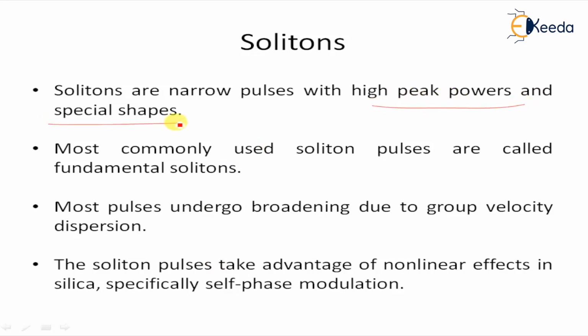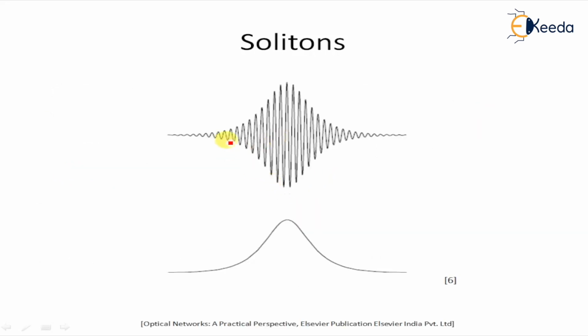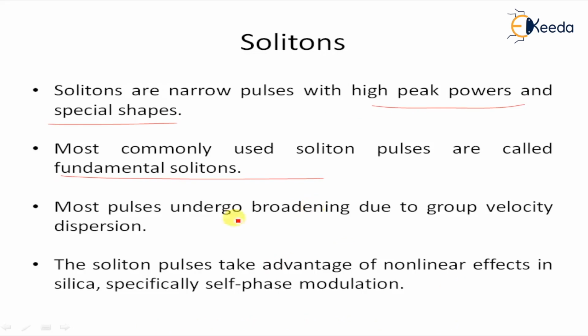The most commonly used soliton pulses are called fundamental solitons. The shape of this pulse looks like this: initially a low peak, then a high peak, and again a low peak. This diagram is a fundamental soliton pulse, and the diagram below is the envelope of the particular soliton pulse. Most pulses undergo broadening due to group velocity dispersion when propagating